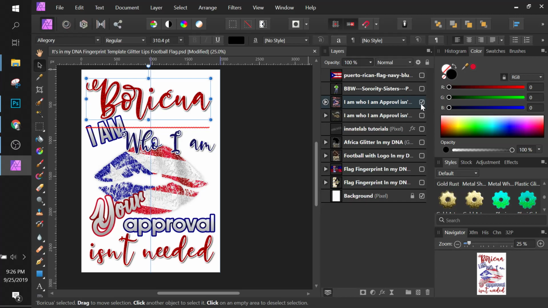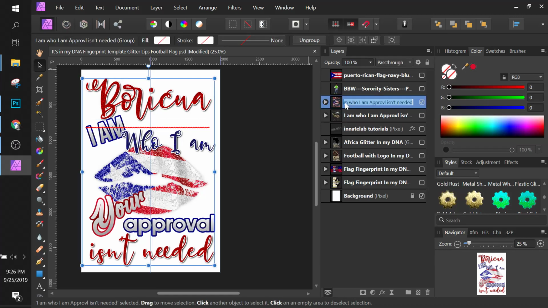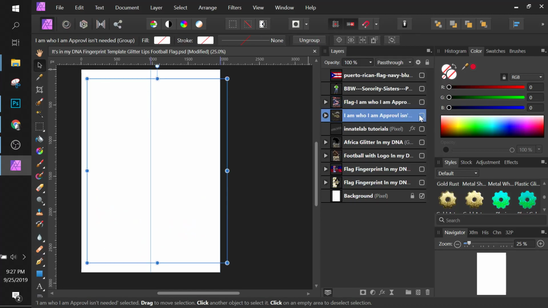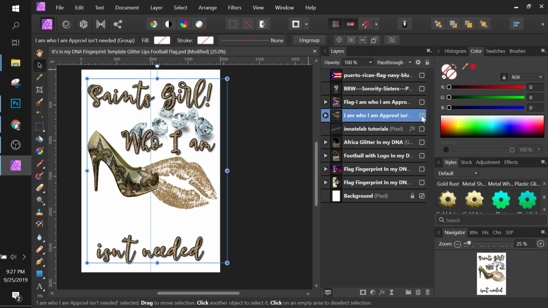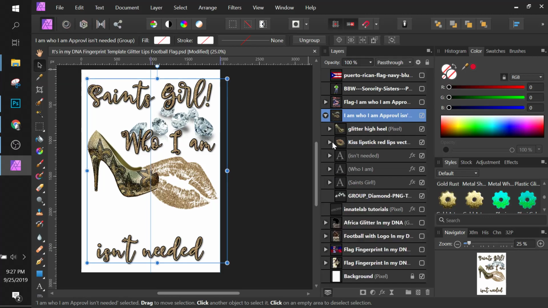So this is our, I'm going to call this one flag. I am who I am. FLAG. And then this one is, so y'all are gonna have to recreate the approval isn't needed. That's what happened. It wasn't a part of